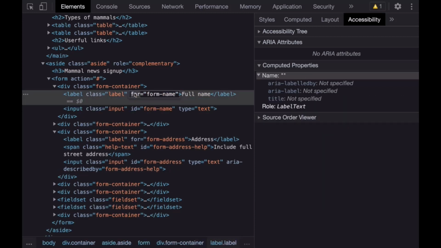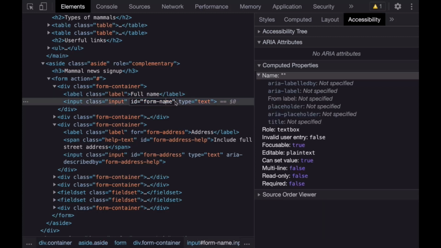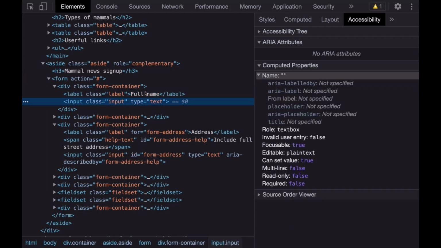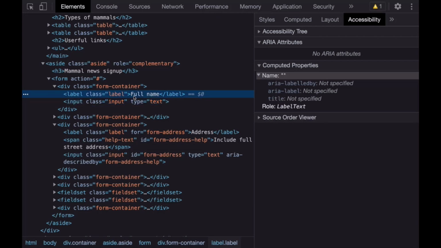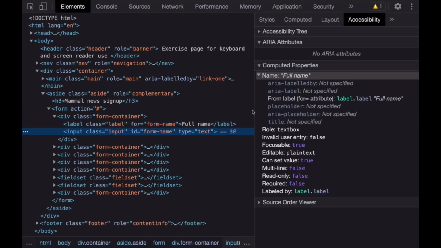Another thing that might happen is that there is a missing for value entirely. So if we got rid of that completely, and a missing ID value. Now this is not uncommon. I'm sure you've all seen this for yourselves. So what we have now is a beautiful label and an input, but they are not explicitly associated at all. And if we look at the input, there's no accessible name. So in these cases, we just need to make sure that we put a matching for and ID value, and then suddenly the accessible name will take place.